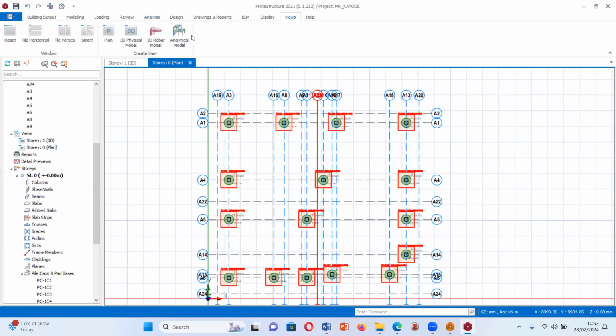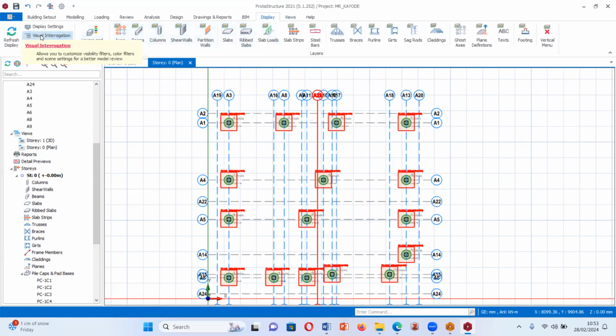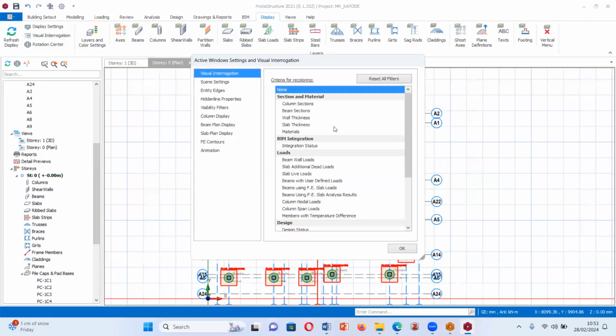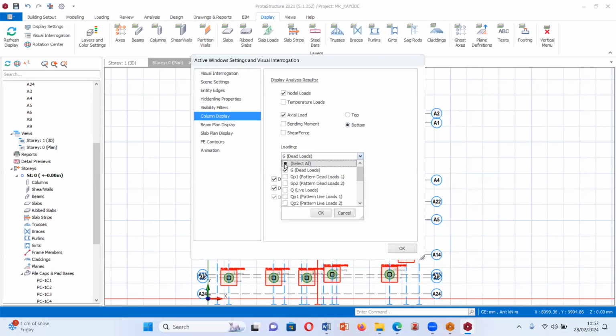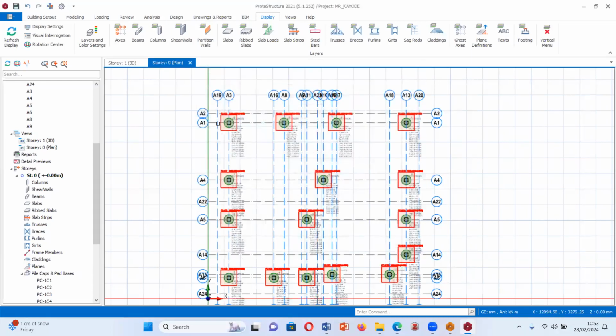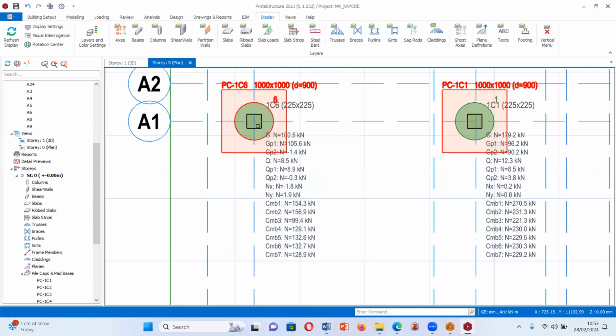So I'm going to come to display here, visual interrogation, column display, and I'm going to select all here because I want to see all the loads that I have. I want to use the maximum loading. Okay, so for this column, now you can check all your columns. You would see that